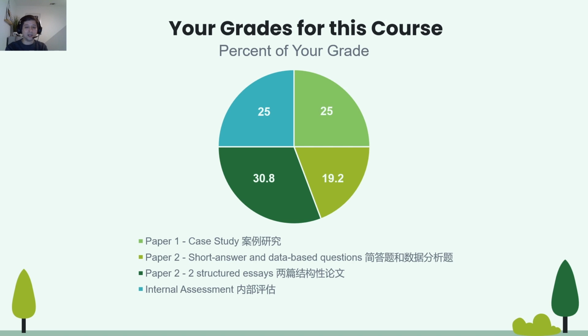So we see here, paper 1, over here in the upper right hand corner, is 25% of your grade. Paper 2, the short answer section, is 19.2%. So I broke paper 2 down into 2 different parts. The 2 structured essays are 30.8% of your grade. And then the IA is 25% of your grade. So if you just take those 2 structured essays on their own, they are worth more than all the 3